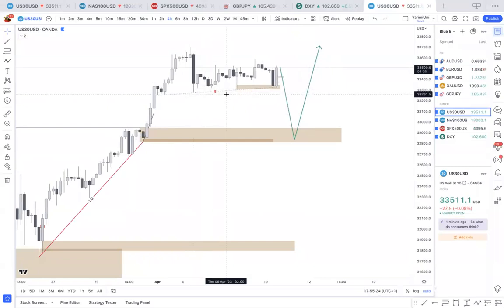In terms of this area here, when I was analyzing just before I opened the questions, this looks like an area I'd want to buy from. However, I have to also look at what's happening in front of me, recently. So I know that this area could be a demand zone as well that I would want to take a buy from, in which, had I taken a buy there, I would have been in profit now.